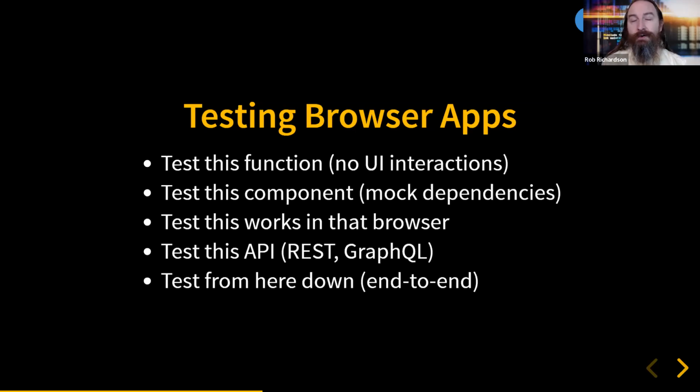Test this API. Now, what's interesting here, we might have a GraphQL or a REST API or a gRPC API, and well, it's not meant to be consumed by humans. So we can just fire requests at it and see that we get the correct response. We don't even need a browser in this case. And then we have end-to-end tests, where we can simulate user behaviors, click on buttons, navigate through our website, and these can be really effective in validating that the entire site works correctly. Perhaps we build smoke tests this way,